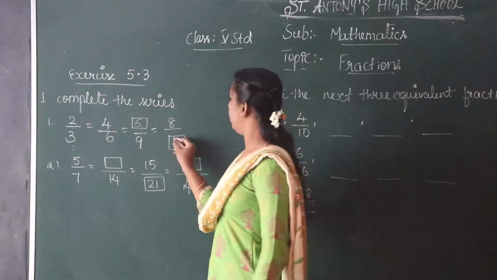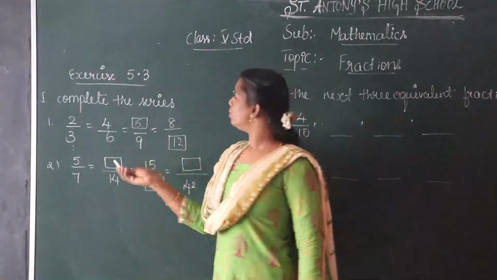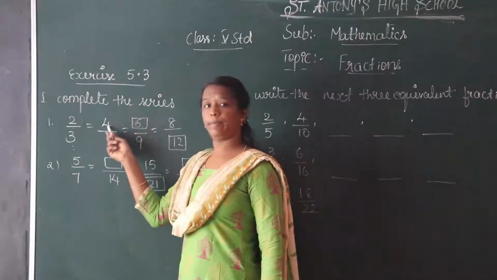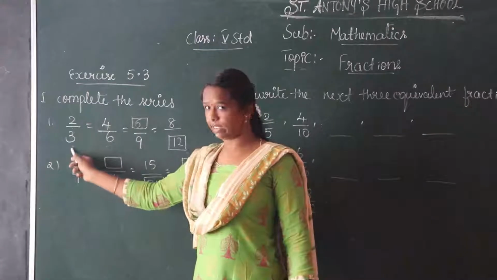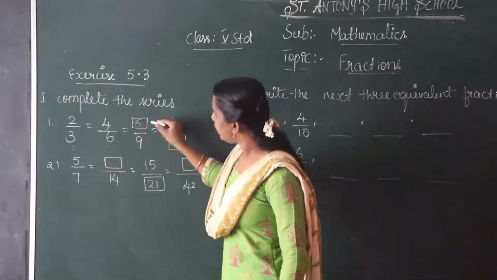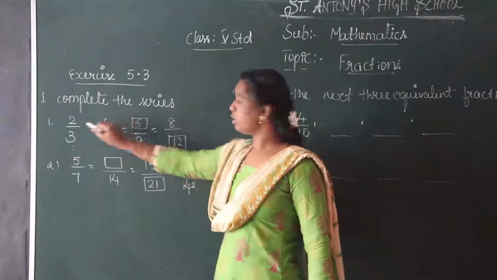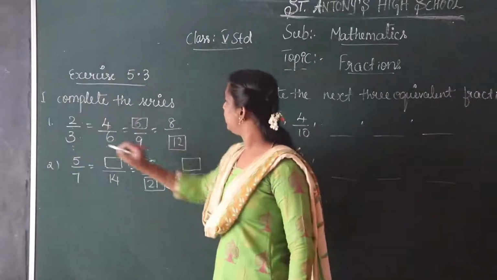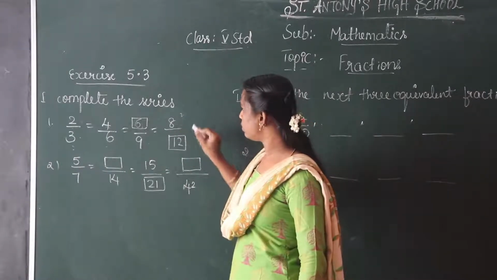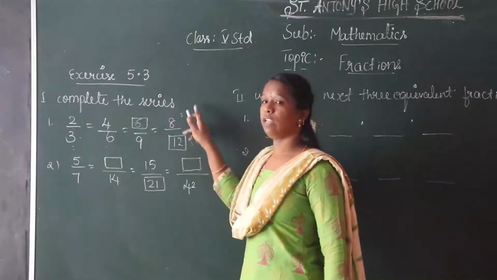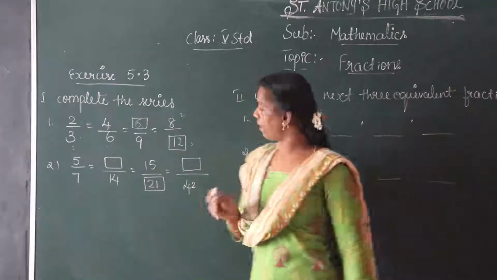4's are 12. And then if these fractions are equal, 2 2's are 4, 2 3's are 6. The first fraction 2 by 3 and then here 3 2's are 6 and then 3 3's are 9. So here the first fraction is 2 by 3. Next 8 by 12. So 4 2's are 8, 4 3's are 12. So then 2 by 3. So these 4 fractions are equivalent fractions.